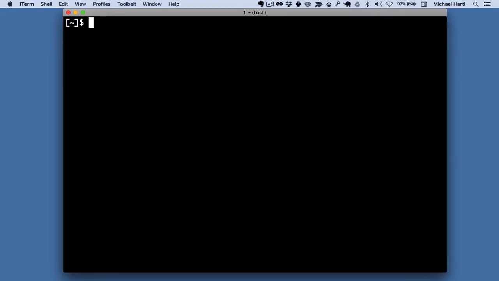One common thing when using the command line terminal is wanting to edit what you've typed. So for example, suppose we typed goodbye. Well, that's not actually a command. In fact, we can hit return. Oops, command not found. So suppose we wanted to get to the beginning of the line and put echo in front of this. Now, of course, I could just use the arrow key like this, but there's a faster way,